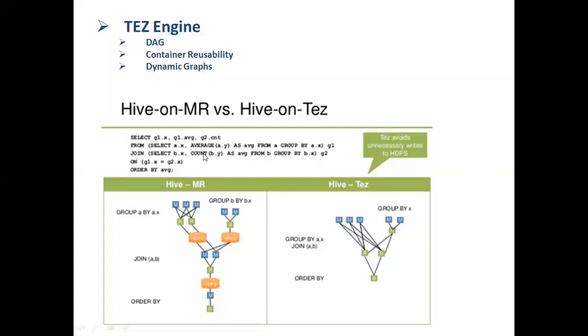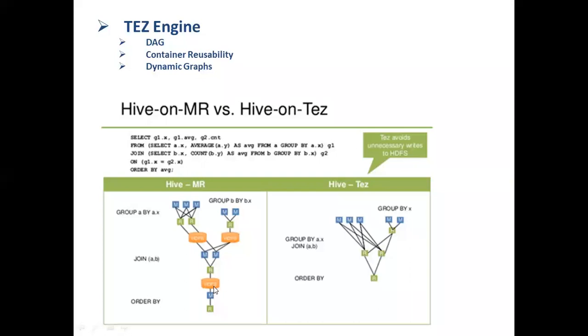If you see this diagram, we have a query, and we execute the same query in Hive MapReduce and also using the Hive Tez engine. In MapReduce, you can see a chain of MapReduce programs get created. The first MapReduce program is created, and the output of the reducer is written into the HDFS file system. Then a second MapReduce program is created, which reads the output of the first from HDFS, and then the reduce process runs.